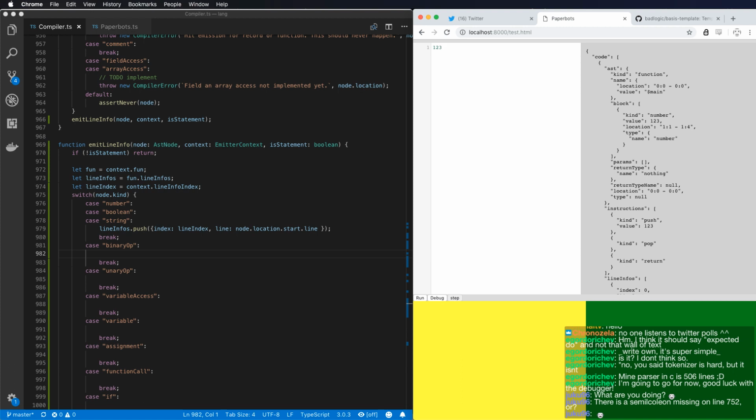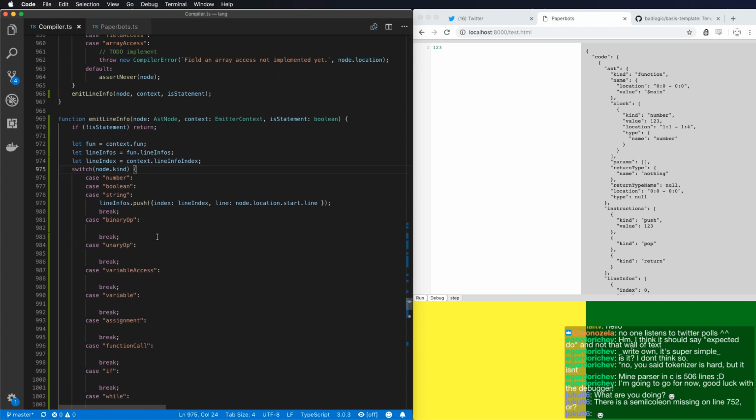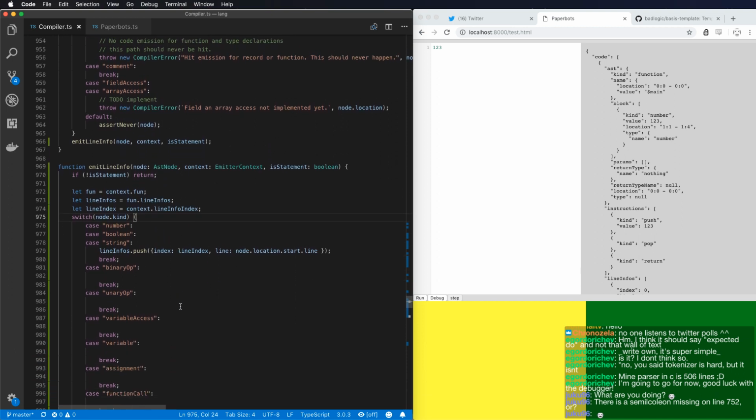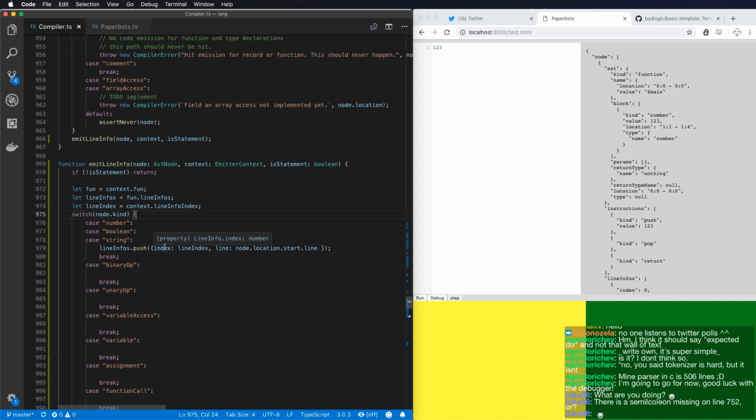Okay, the only way around it would be to record the start instruction and end instruction of each AST node that I emitted before I called this function. And that's not gonna happen, because then I end up writing even more code in here that's just bookkeeping instead of